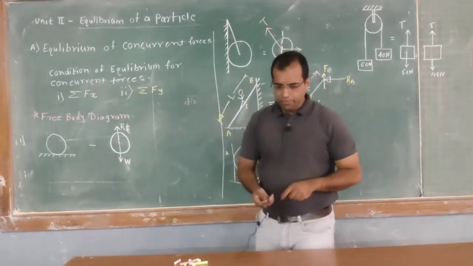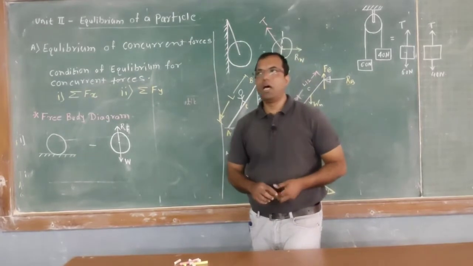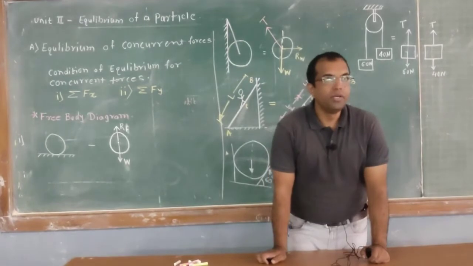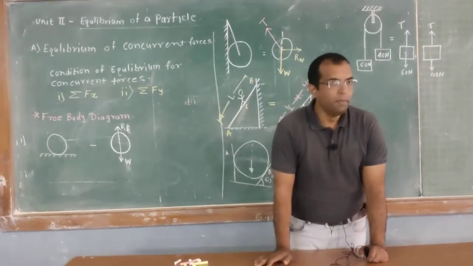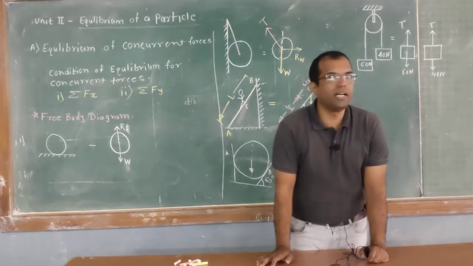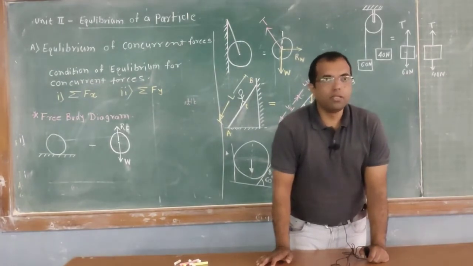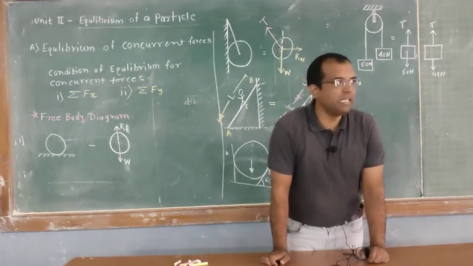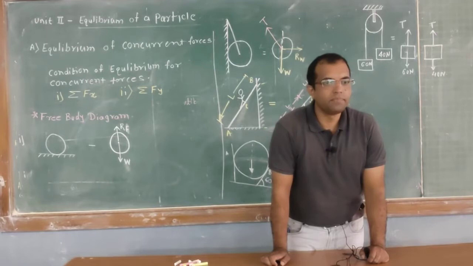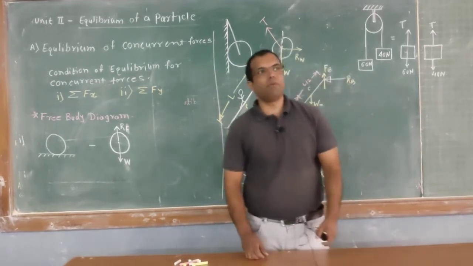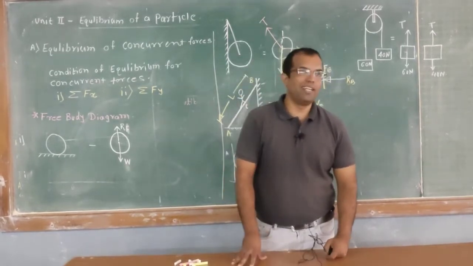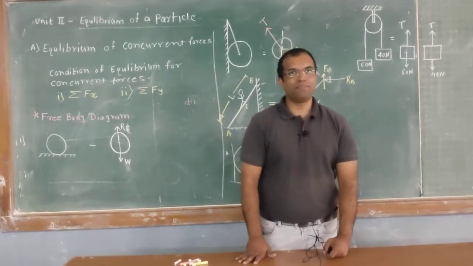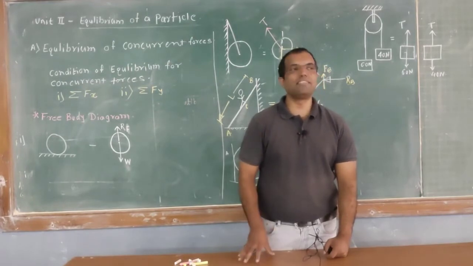So what is equilibrium? Before starting the theoretical part, I want to give you one example. You are sitting under one frame, or in your house you are sitting under a slab. First tell me whether that frame or that structure is in equilibrium or not. Yes, definitely the structure is in equilibrium. If it is not in equilibrium, then you would not be able to sit under this structure, because it becomes unstable in that case.